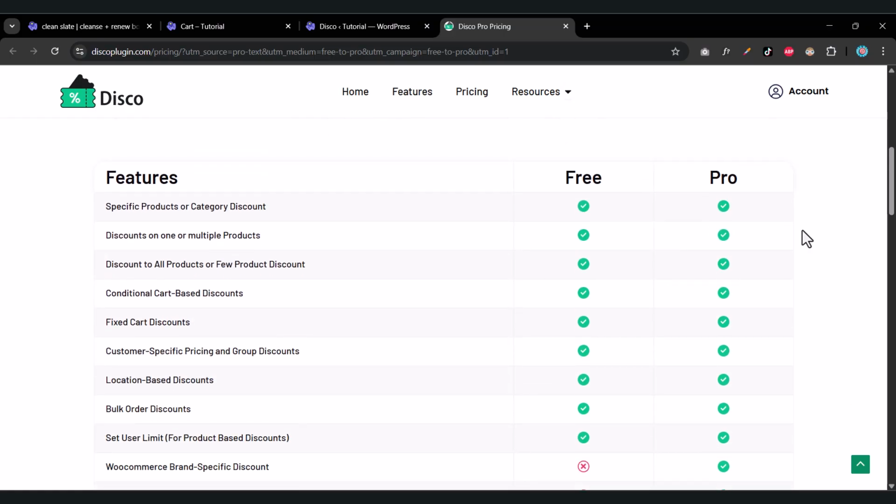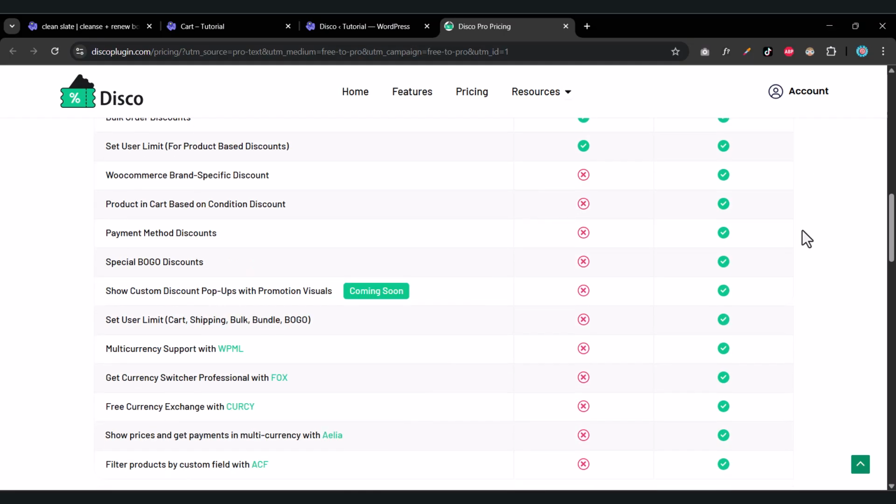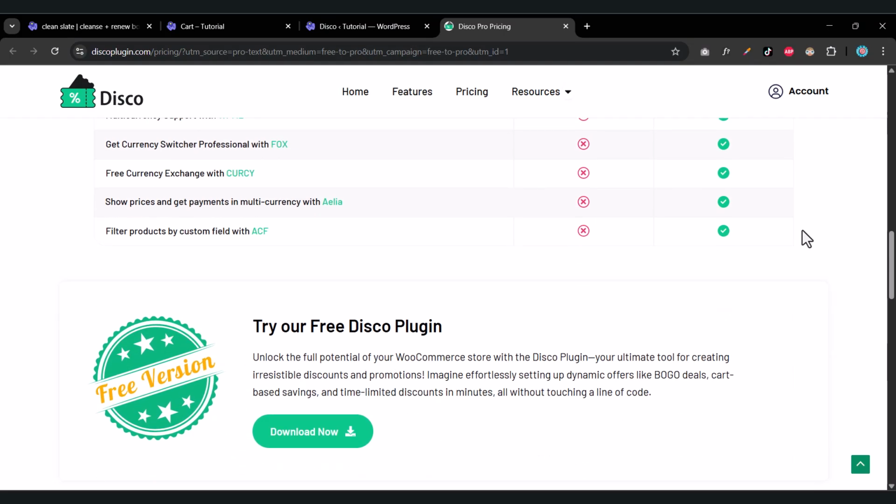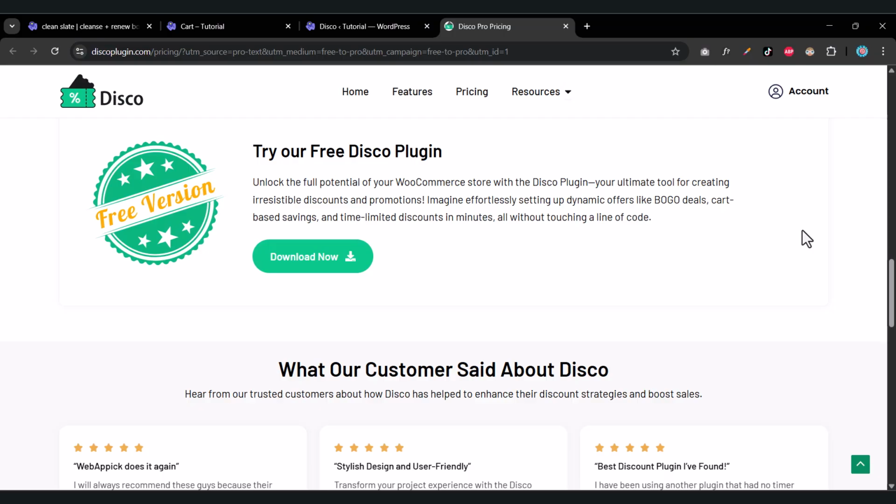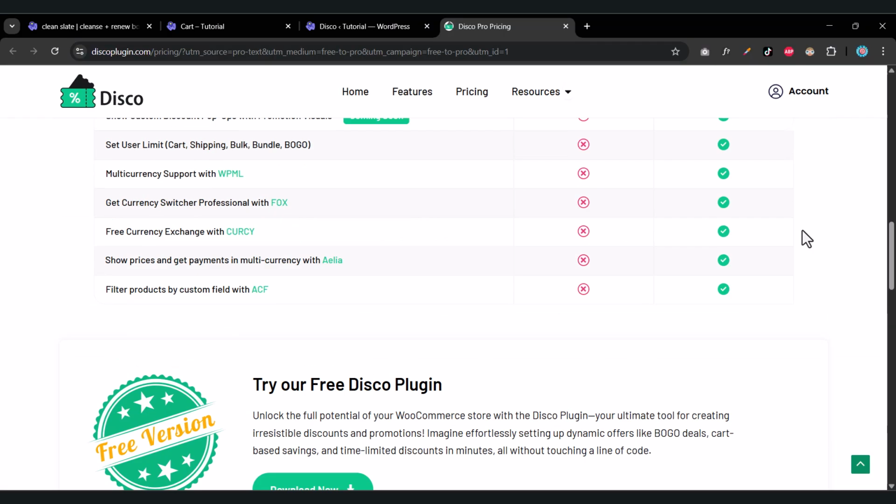So you can spend some time and look at their free features and the pro features that they're offering. Then you guys can make a decision whether you need a free or premium plugin for this. Now,